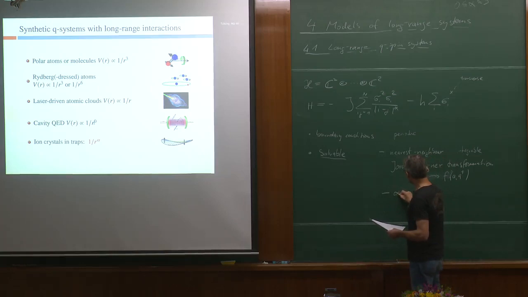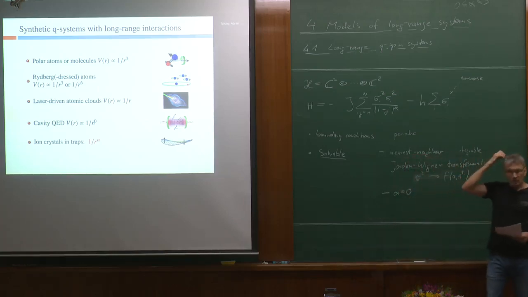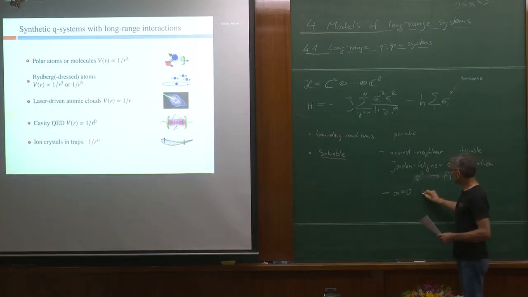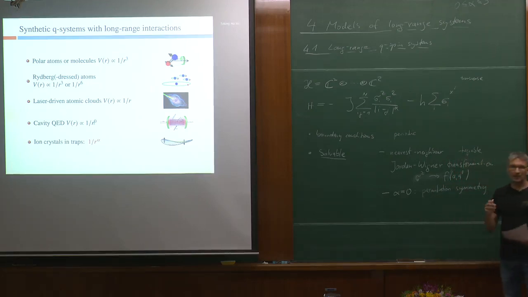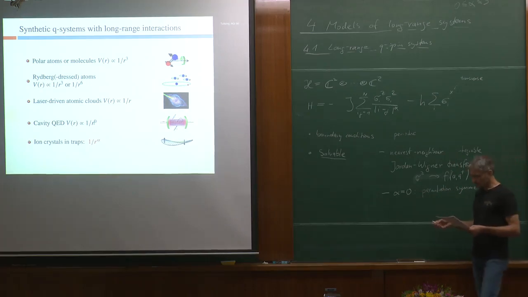Then the other interesting case is alpha equals 0. This was mentioned before, that it makes things a lot simpler, and the reason is that the system then will have full permutation symmetry. All sites interact with each other in the same way, so you can in principle commute them, permute them, and you get the same. And this higher symmetry also will lead to methods to solve this,